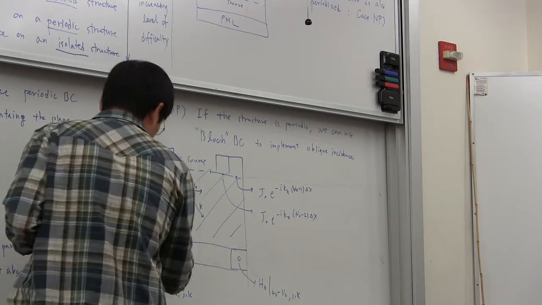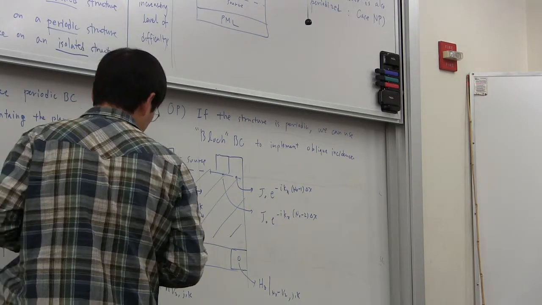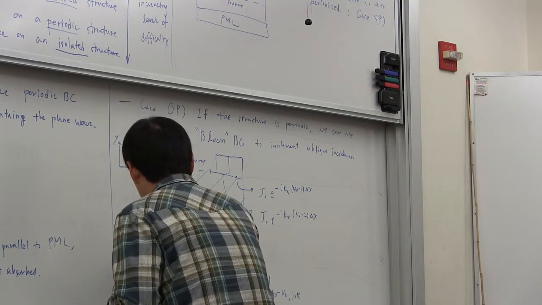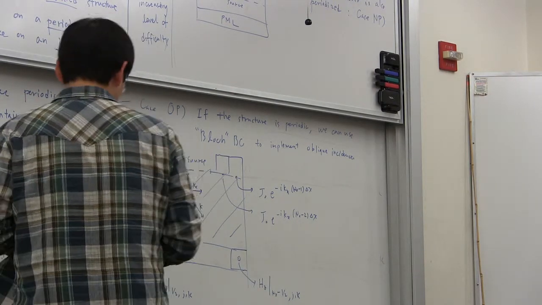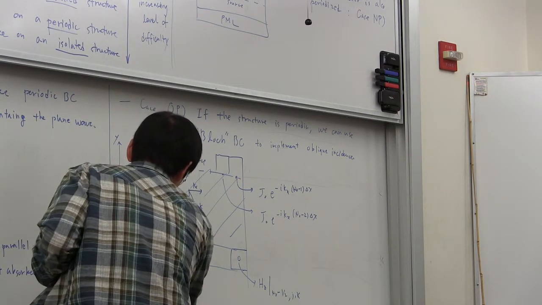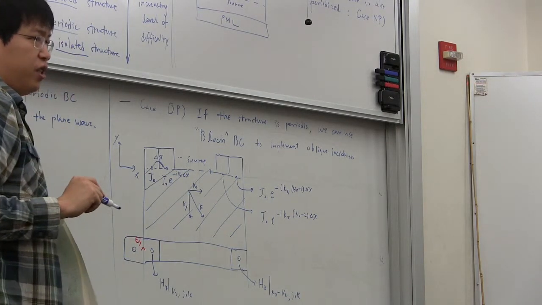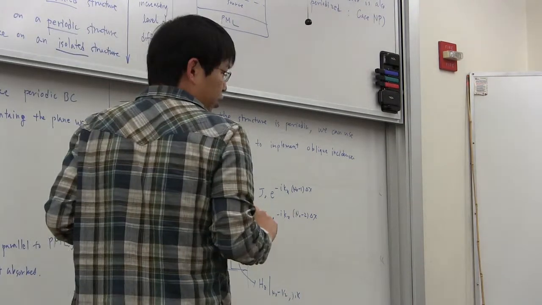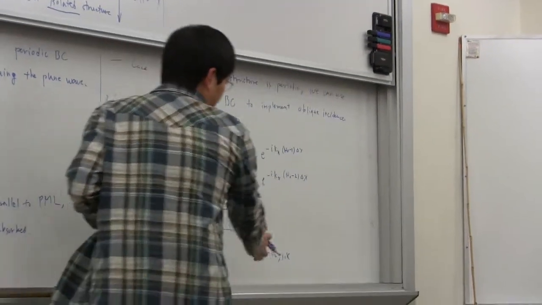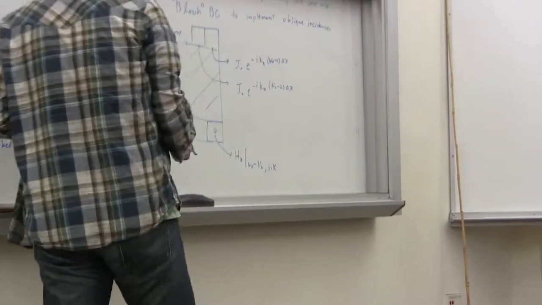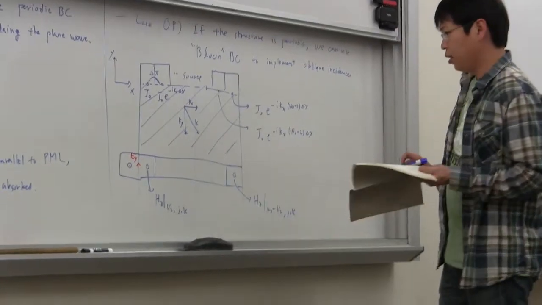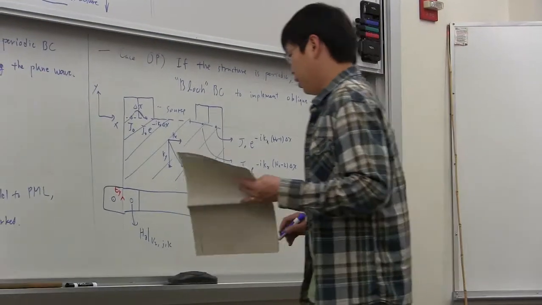Now to update Ey here, you want to know the Hz here, and if you use periodic boundary condition, then you just assume that this value is the same as this, right? But because we are imposing this whole phase delay, this point